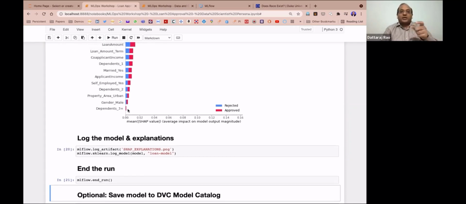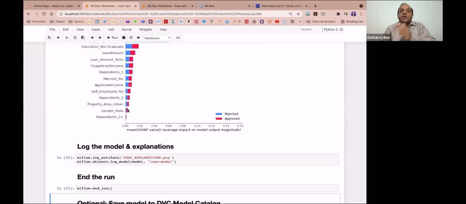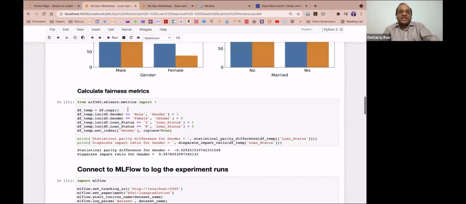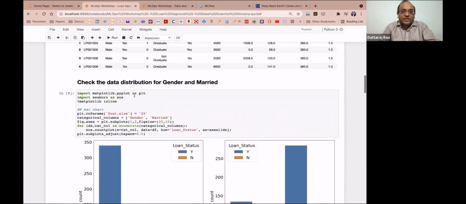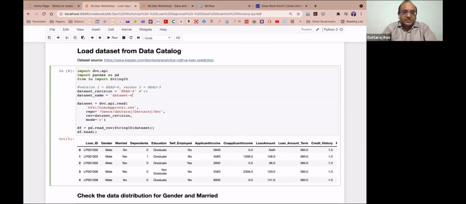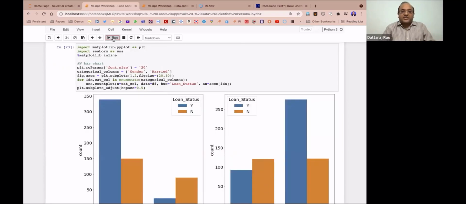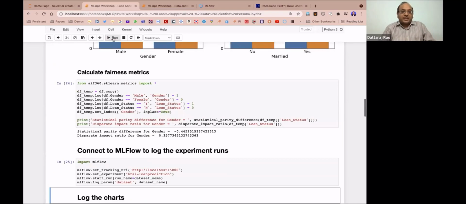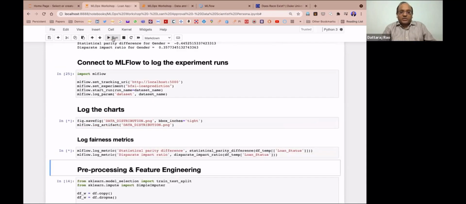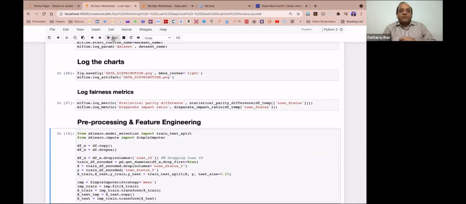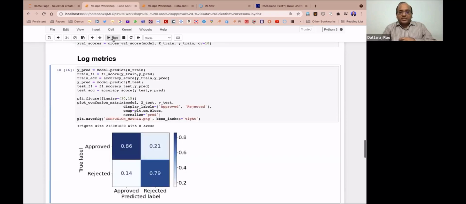Now what MLflow helps you do is a comparison of the runs. So I'll quickly change this data set to version 2 of the data set and do these runs. It won't take much time. So I'll just change it to version 2. We saw that version 2 had this bias. And then what I want to show is, once we log this, I'll show it in an MLflow screen how these